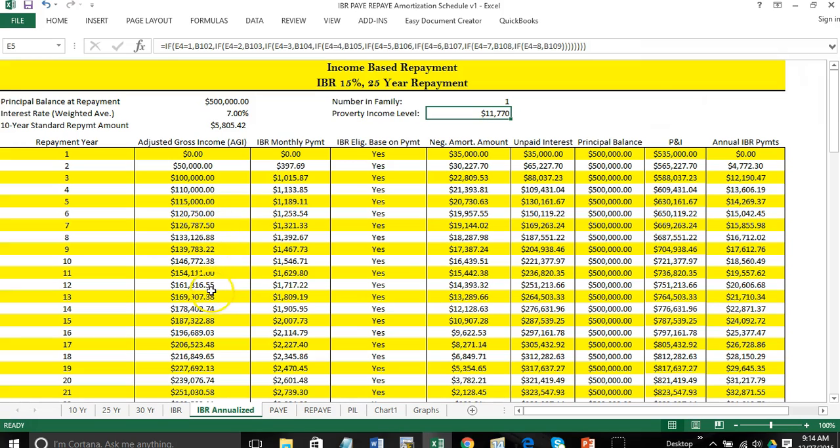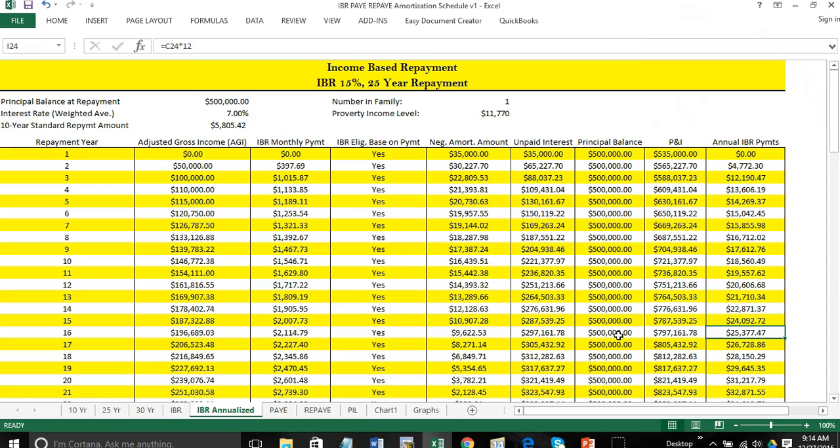As your income goes up, your payments go up. Even at a $200,000 AGI threshold, your monthly payments are about $2,100 per month. Still very reasonable. But in that particular year, you would have underpaid the interest still by $9,600. So at this point, after 15, 16 years, you would have underpaid the interest by about $300,000, not paid anything towards the principal, and as a result, you have an outstanding balance of the principal and unpaid interest of about $800,000.